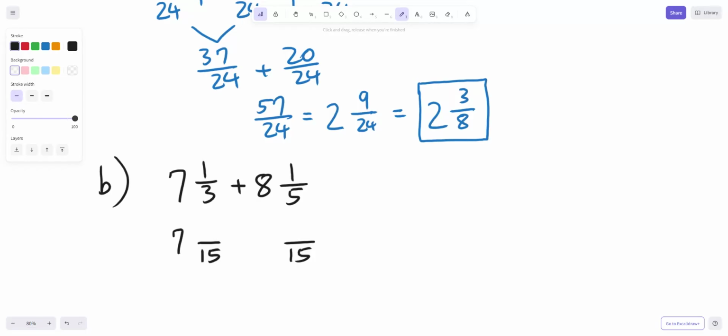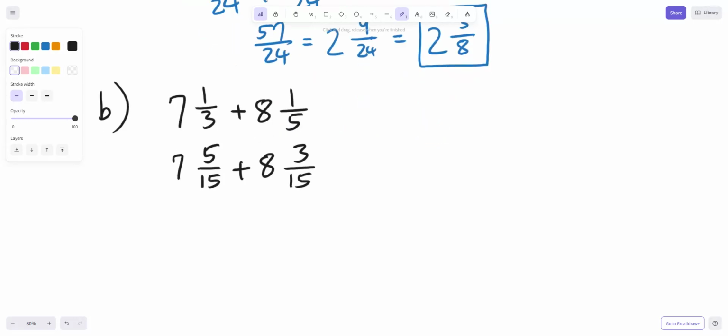I keep this as 7 and 8. 1 times 5 is 5. 1 times 3 is 3. When dealing with mixed numbers,